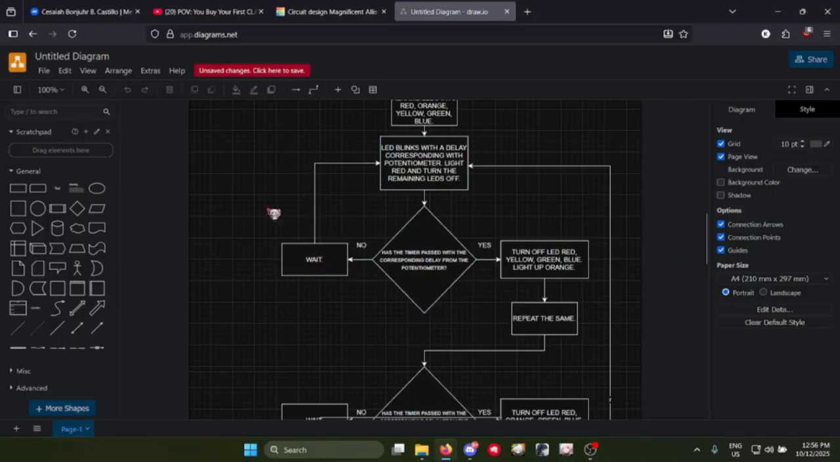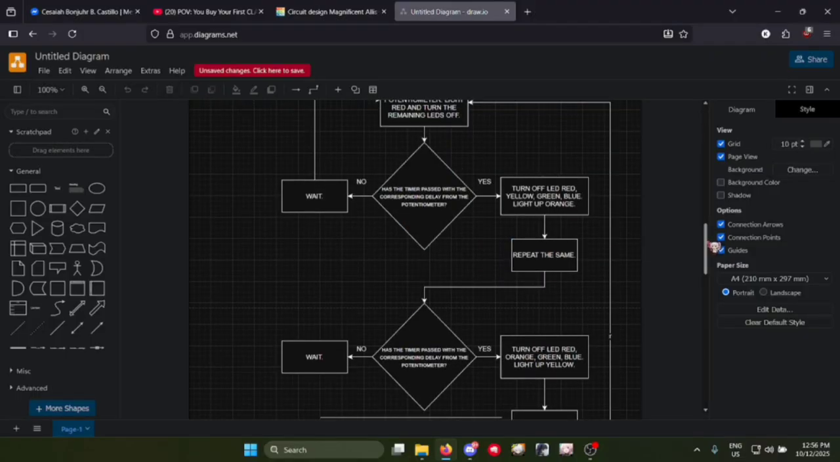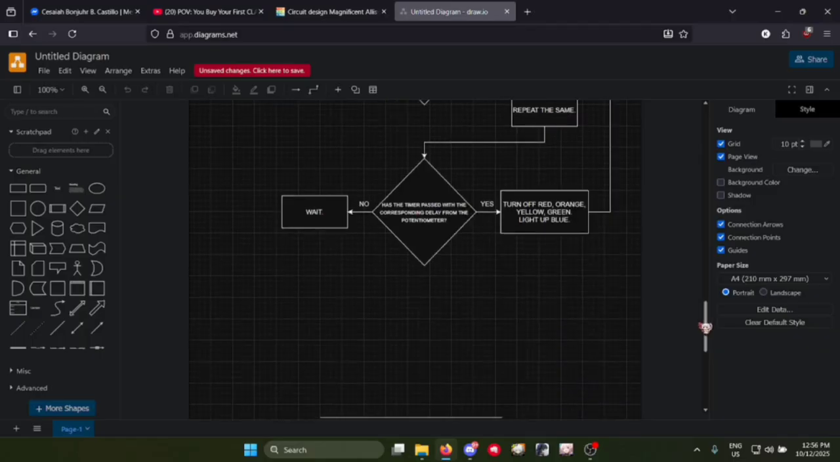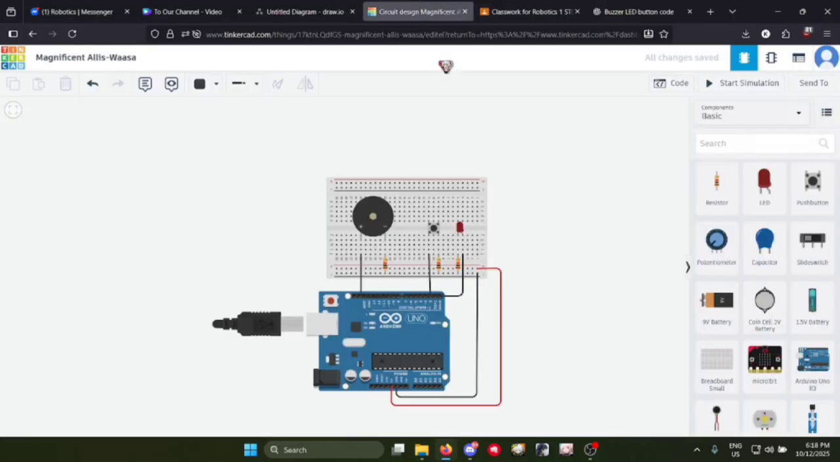Just loop the code here until the time has passed. After the time has passed, turn off LED red, yellow, green, and blue. Light up orange here, and then you just repeat the same process for each LED until you go all the way back here. A button-controlled alarm system,